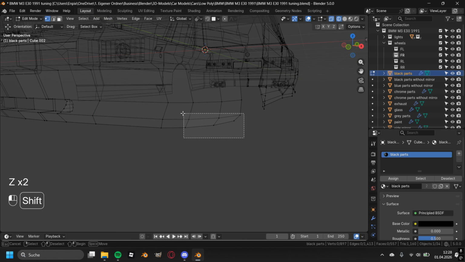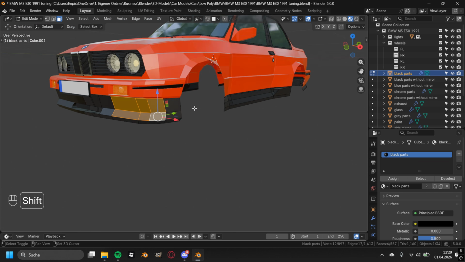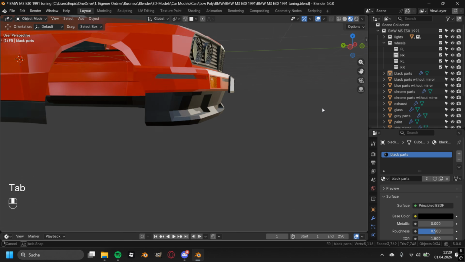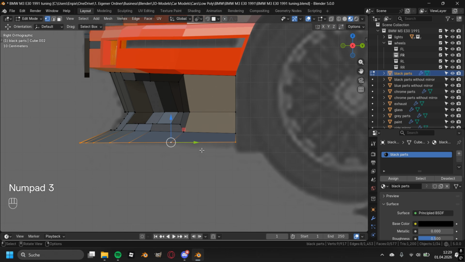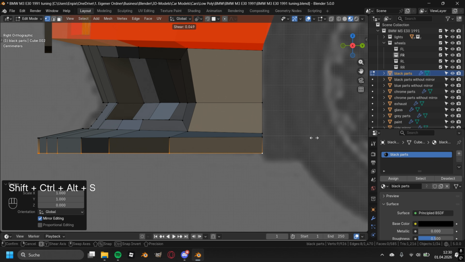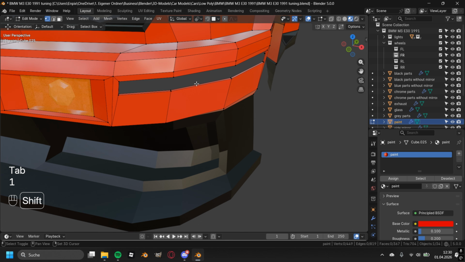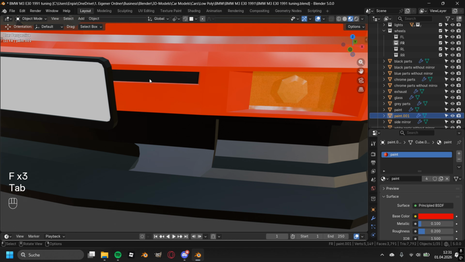I moved some of the vertices to make the car thicker and I have created a new air intake by selecting some faces and extruding them in. I was really clueless on what else to add to the front, so I've reworked the front splitter just a little bit. And after creating this black stripe on the front, after reworking the front bumper, I was already finished